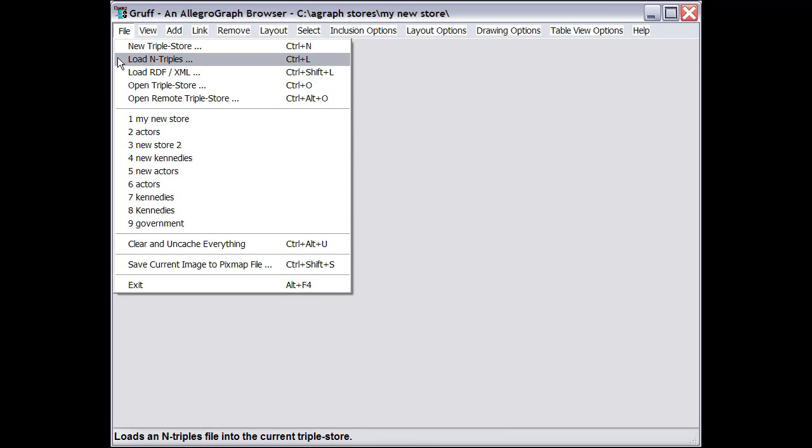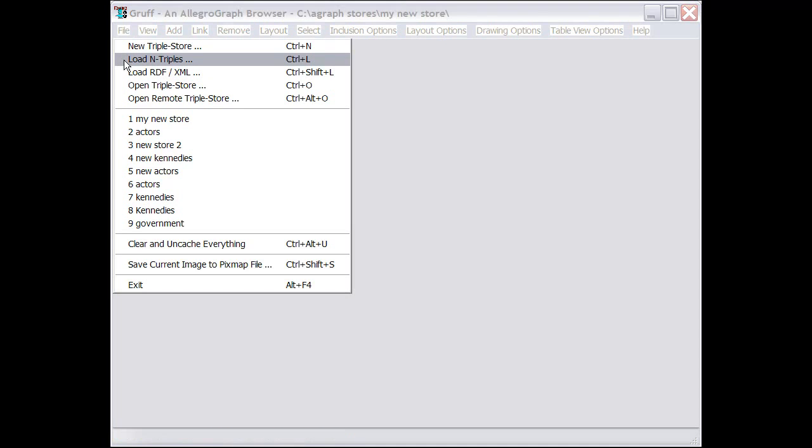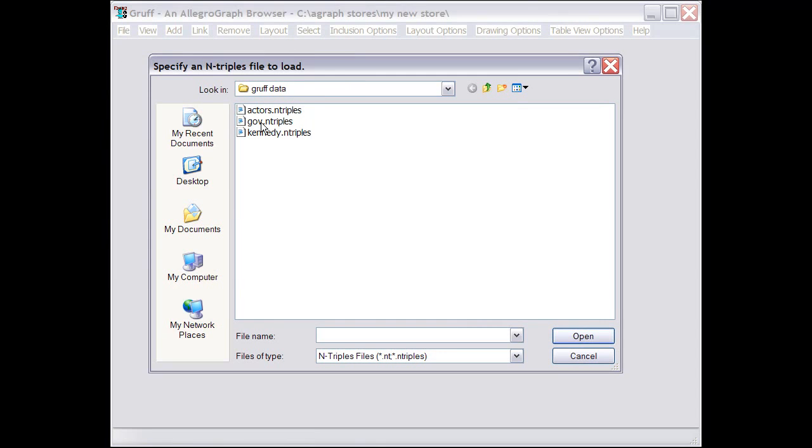This requires that your data be in a file that uses one of two standard formats, either the ntriples format, which can be loaded with the Load ntriples command, or else in RDF XML format. Load ntriples will show the file selection dialog listing any files that have the ntriples type, where you can select